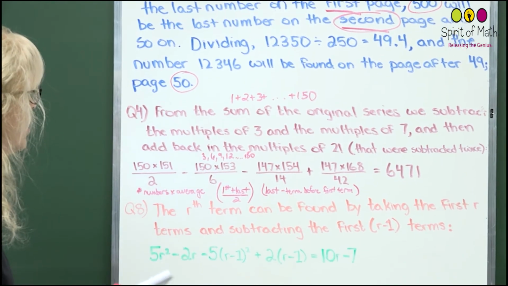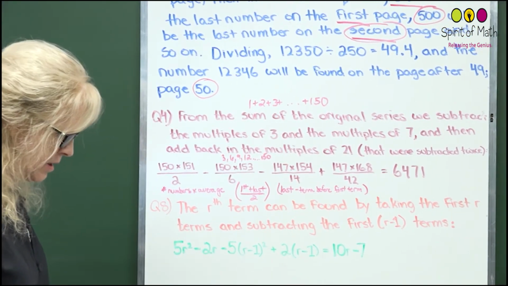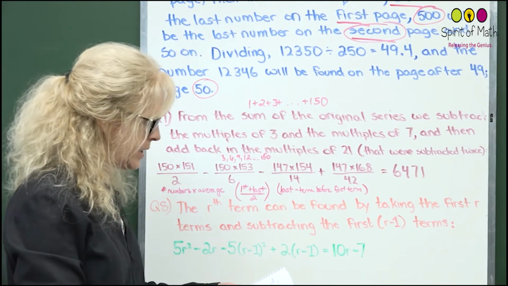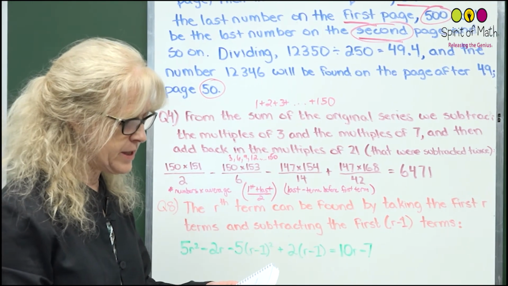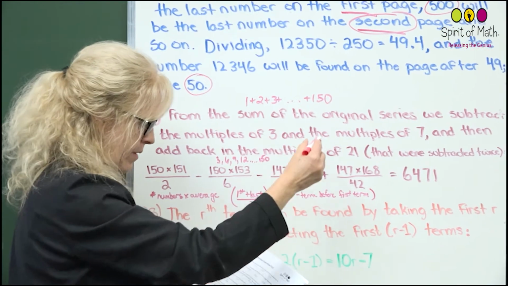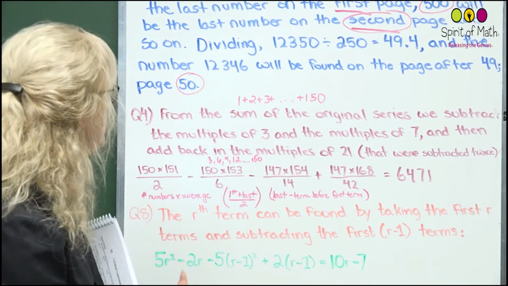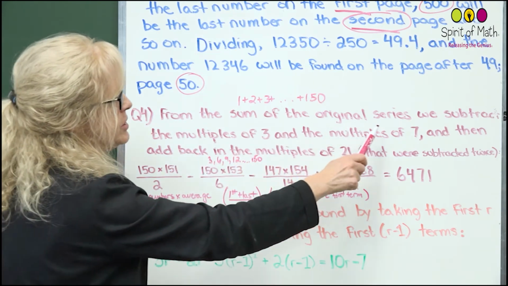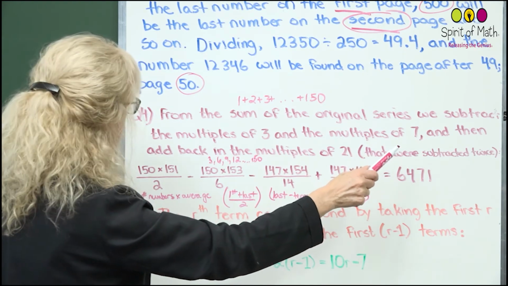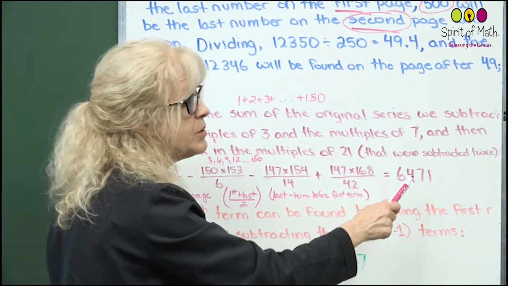Question number 4 is a little bit more complicated because you've got a couple of things to do here. Basically, question number 4 says the multiples of 3 and 7 are removed from the series 1 plus 2 plus 3 plus all the way up to plus 150. The resulting sum is... Basically, from the sum of the original series, we subtract the multiples of 3 and the multiples of 7, and then add back in the multiples of 21, because those were subtracted